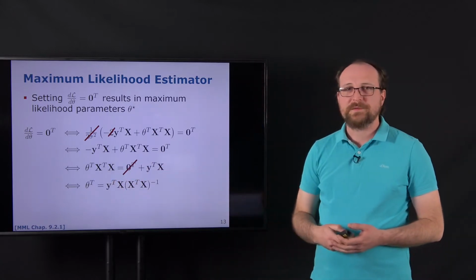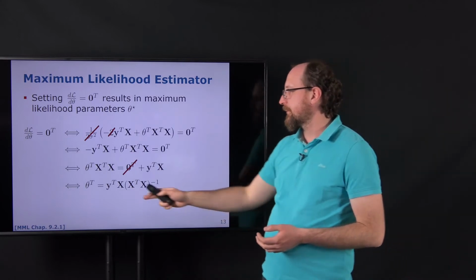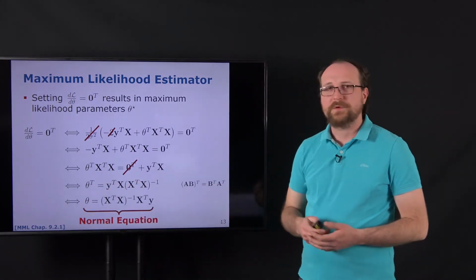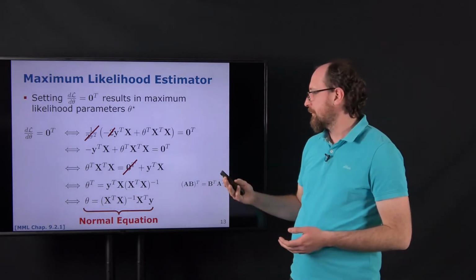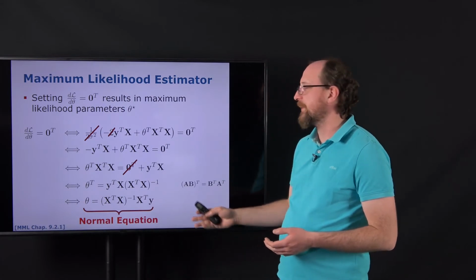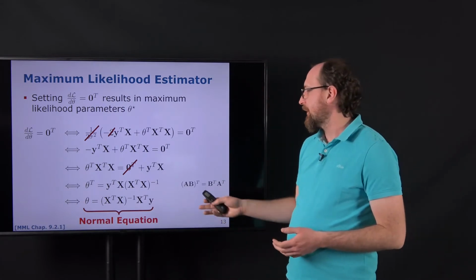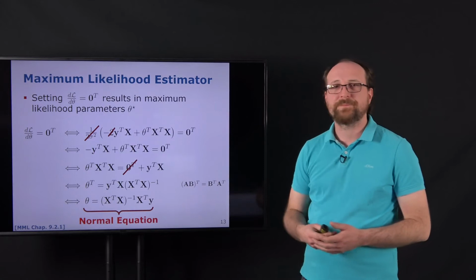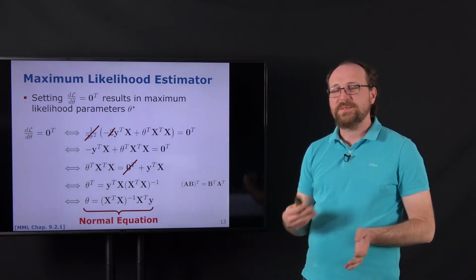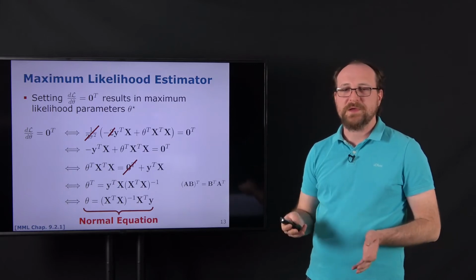And then the last thing that we do is basically turning this theta transpose into a column vector again, because you remember from before, this is a row vector, so by turning this back into a column vector, we have to use this small hint that (A times B) transpose is B transpose A transpose,